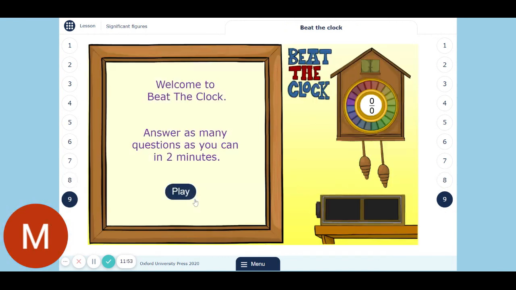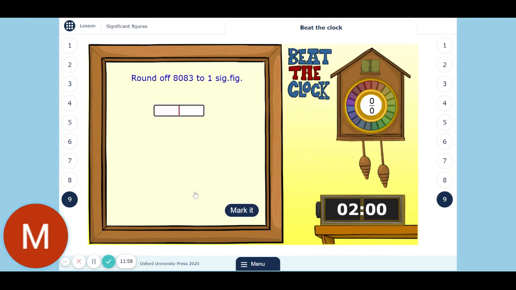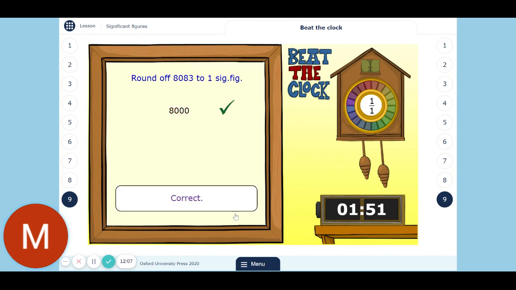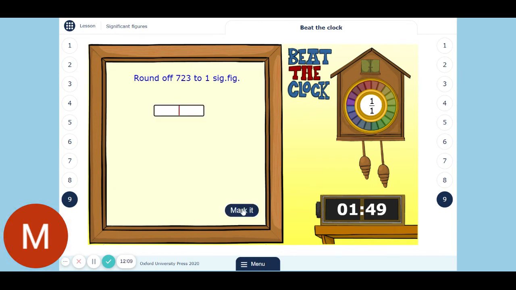Okay. Last thing we've got is beat the clock. Have a go at this, see how many you can get right. I'll set you a nice and easy score by just going very slowly and talking through it. But one significant figure is going to be 8,000. 700 for this one. So it doesn't start now until we get to the first one. So it's going to be the 8, 3, and a 2. That 3 is not going to round anything up. So it's going to be